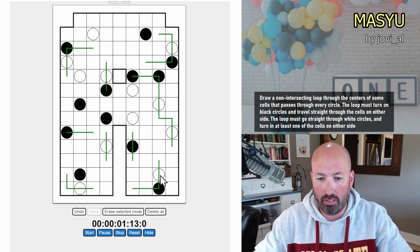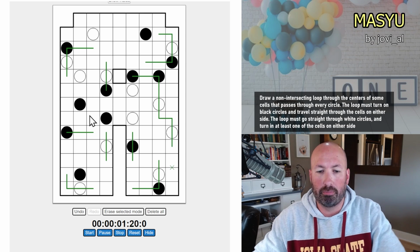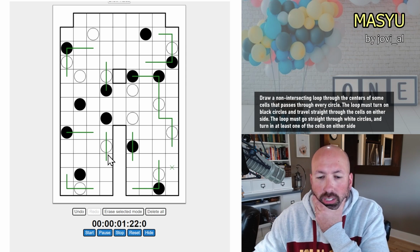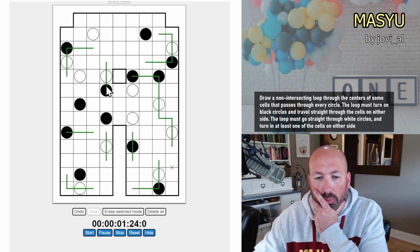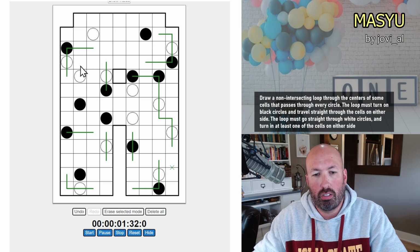Oh, I missed one here. There we go. Now this, similarly, can't go down into here. Now it could go down one more, but it can't keep going. What else can we do? Let's see. This is going to turn, so that'll satisfy the white one there. This one...